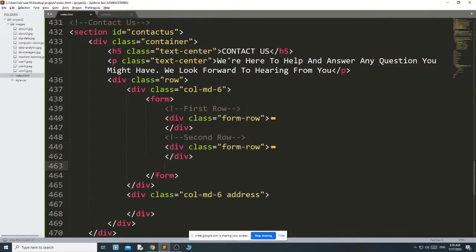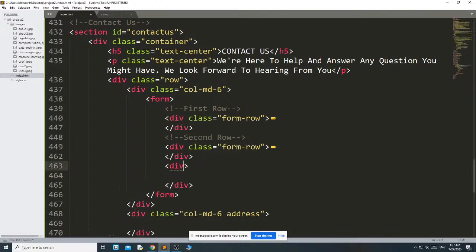Then after this div, I have to write again a div, class form-row. Inside that I have 2 rows.